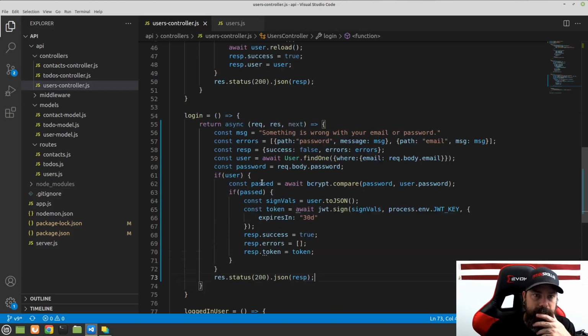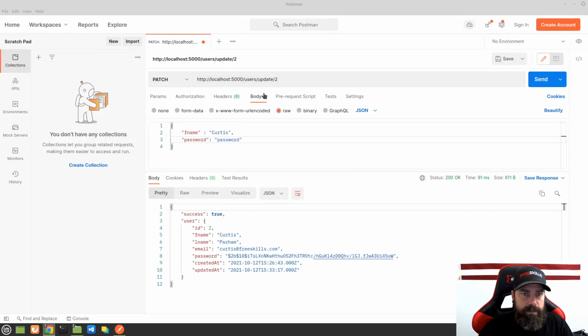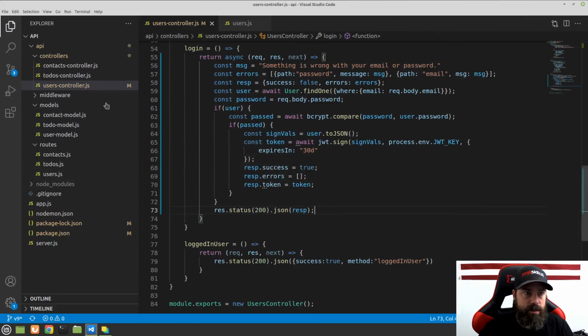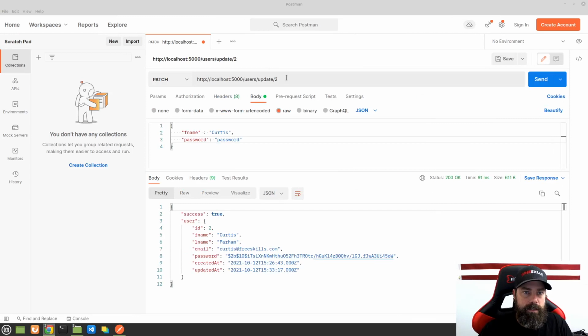So if we save that, this login should now work. So let's go ahead and see what happens here. Let's go, and this route, the login route, if you look at routes, oops, not that, we need to look at users. The login route is a post to /login. So what we're going to do is replace the endpoint here to /login, and this is going to take an email